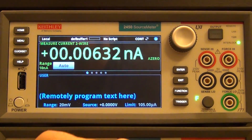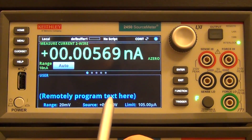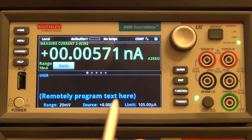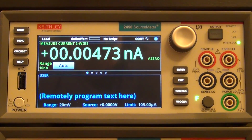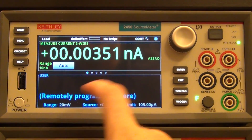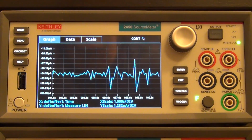And if I swipe one more time to the left, I get the users menu, and in the users menu you can program your own text in here using this script from outside the instrument and report additional measurements or some kind of a message to the user that's doing the testing if it's not connected to the computer at all. So let's go back again to this trends menu, and if I swipe up, then the trends menu gets